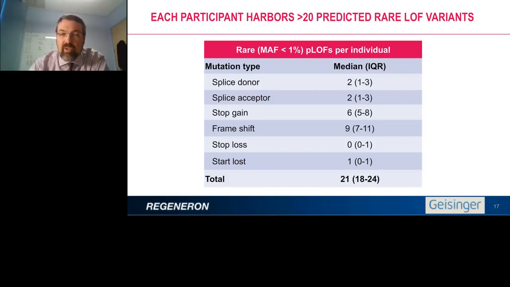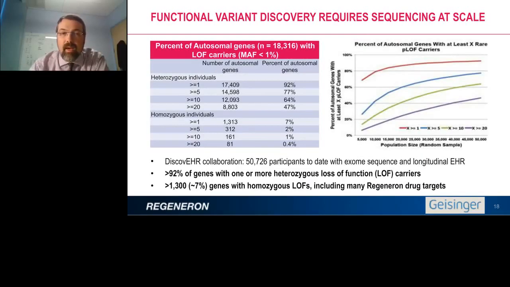So in your average person, you can imagine that you'll find something like 20 putative loss-of-function variants that are rare. So this slide speaks, I think, fundamentally to the strategy of doing large-scale sequencing, because we know that most of the sites we're going to accrue as we sequence across lots of people are rare, and because we know that there's something like 20 possibly interesting rare loss-of-function variants per individual, what you see